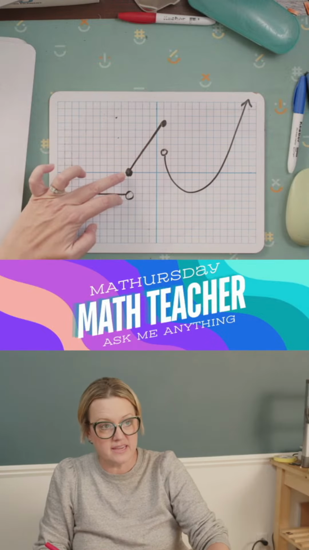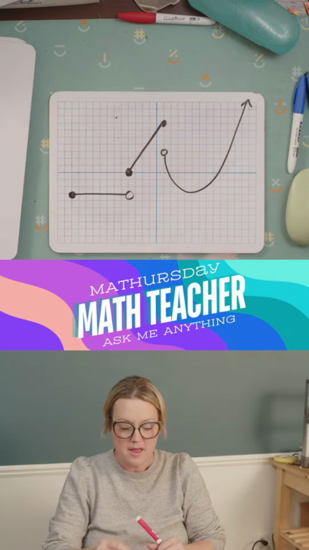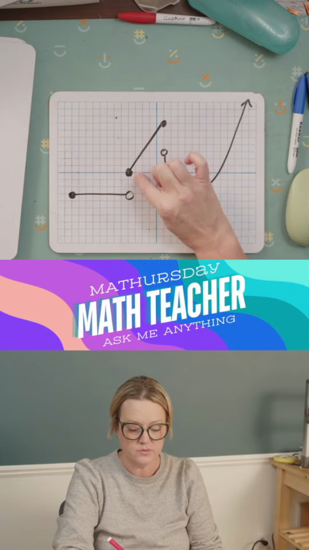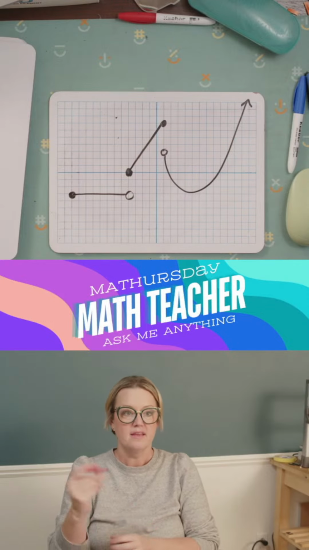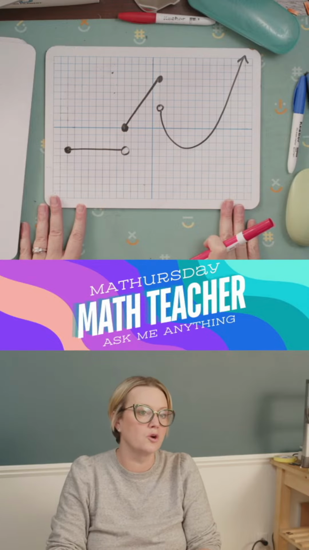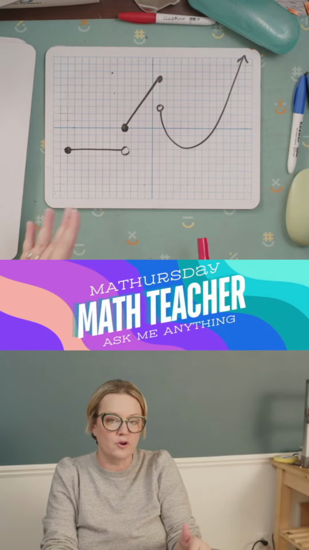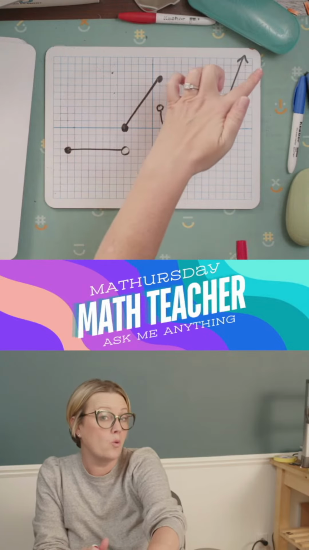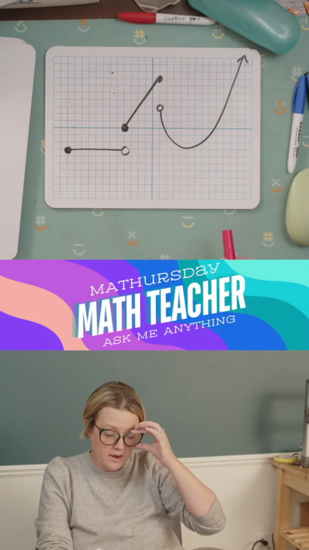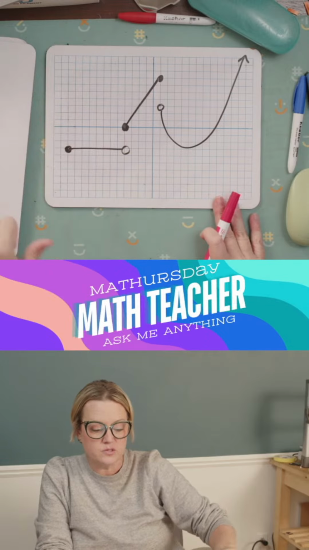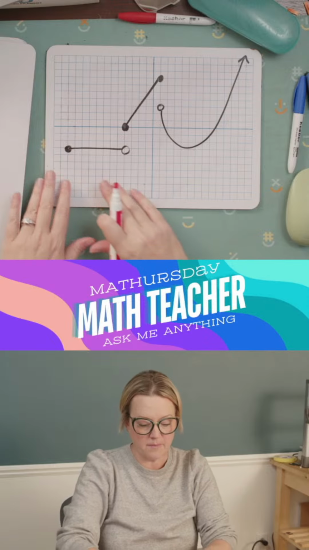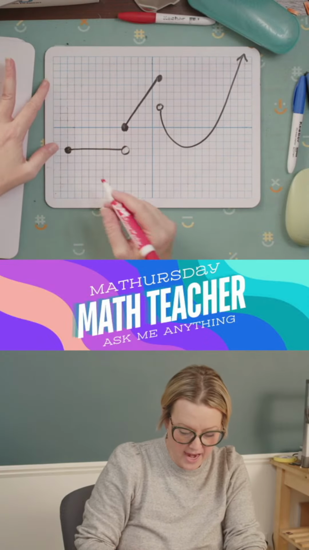So I know that these kind of overlap, but if you notice, this one is filled in and this one is open. This one is filled in and this one is open. Okay, so these are piecewise functions, and once you learn them, you usually start by learning them with just linear, maybe a quadratic fit in there, okay? But what we're looking at is you've got these ranges, right? So it would look something like when